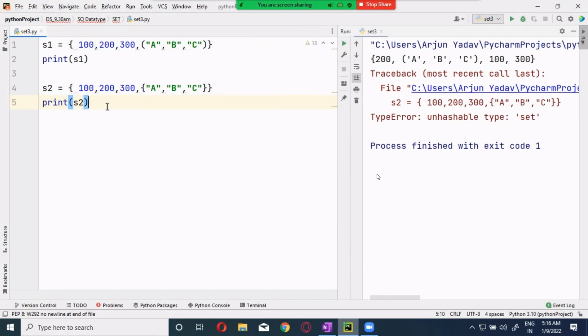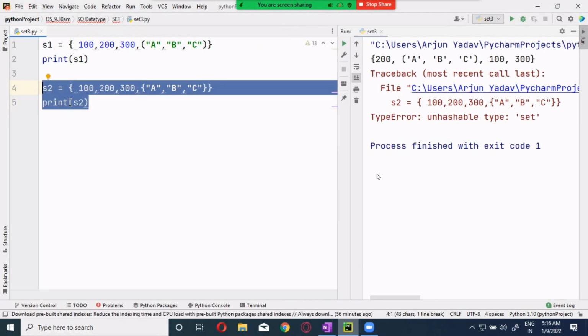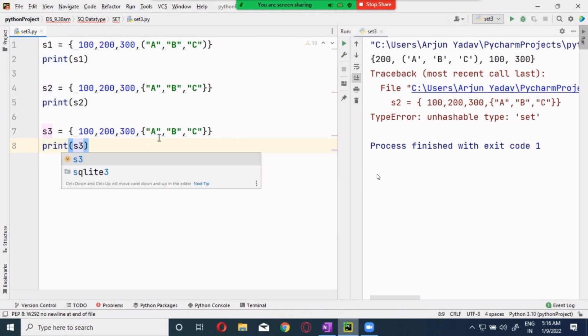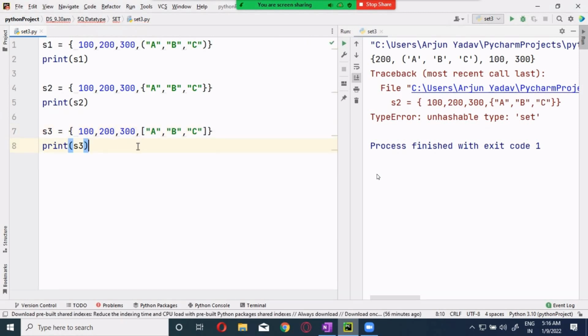Now the next one, when I go with the third one, that is list. Will that be possible? No, a list will also not be possible for me. So when the nesting itself is not possible, deep copy doesn't make any sense at all. Deep copy is not there at all.